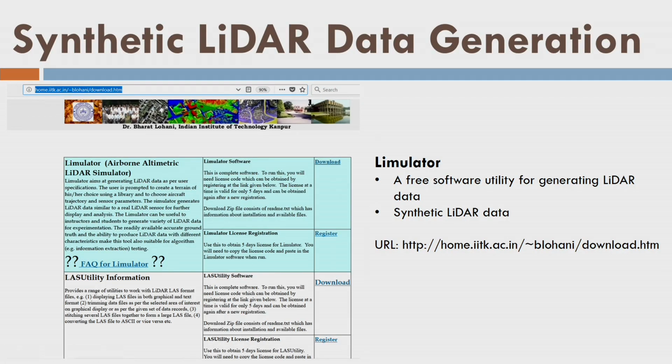Okay, now after that I would like to tell you that it is very difficult. You might have understood by this time that it is very, very difficult to acquire the LIDAR data. Why? Because the LIDAR data is very, very expensive, because it involves many expensive resources. First of all, the aircraft, then we have the scanner, then we have GPS, IMU, and the whole logistics of the airborne data acquisition is very, very complicated, as we have seen in the whole lecture.